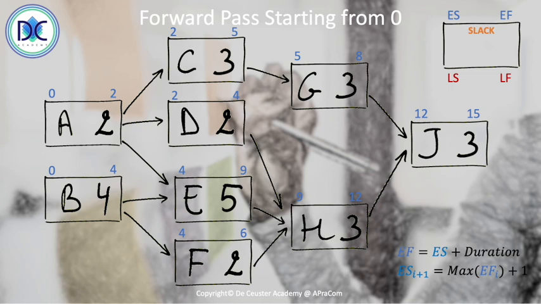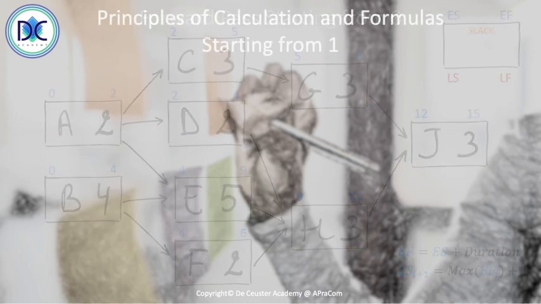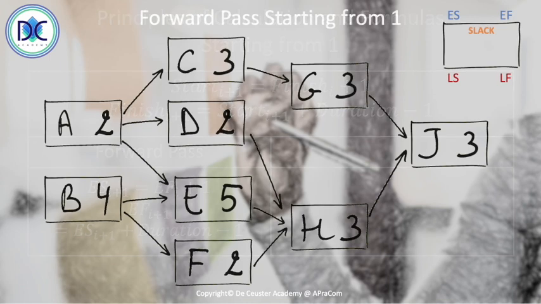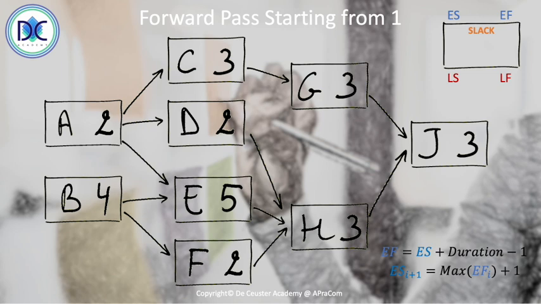The same thing we can do starting from 1. So what are the principles starting from 1? Here it is a little bit different, because now we have to say that the early start of the successor is equal to the early finish of the predecessor plus 1, and the early finish of the activity is equal to the early start plus the duration minus 1. And we can do that when we have the forward pass starting from 1. On the bottom you see the formulas that we are going to apply, and we start now with A. The early start of A is 1, and the early finish is 2,